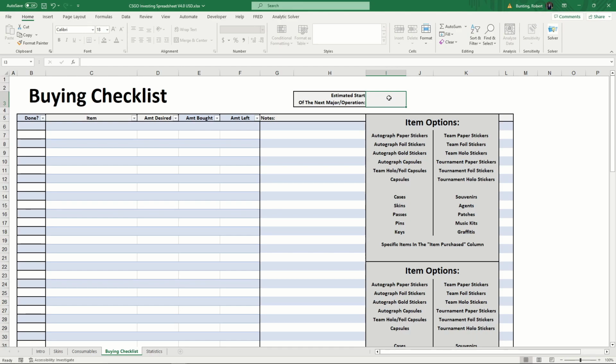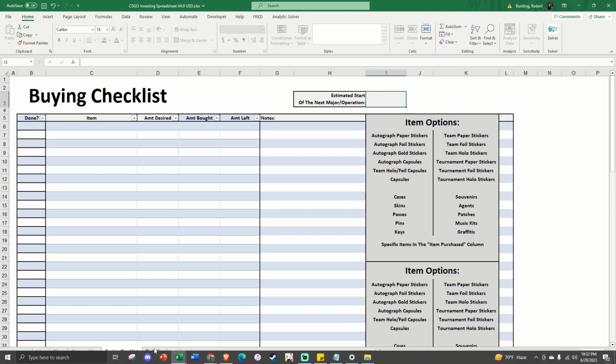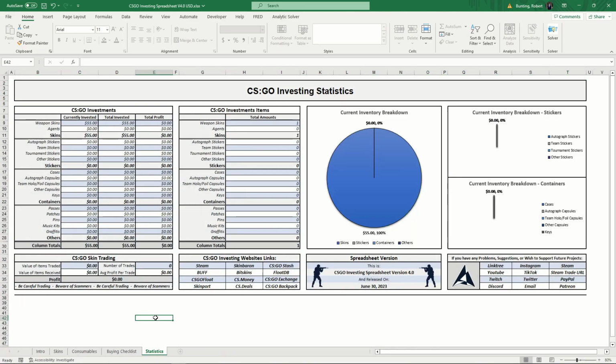And now perhaps the most changed page, and what I really spent time getting more simplified because it has a lot of unneeded data, honestly, is the statistics page. You'll notice I got rid of tons of the graphs, and I will show you what this looks like on my version because these graphs really don't look like much when there's nothing in the spreadsheet. It still goes through your CSGO investments and investment items, your current and total,